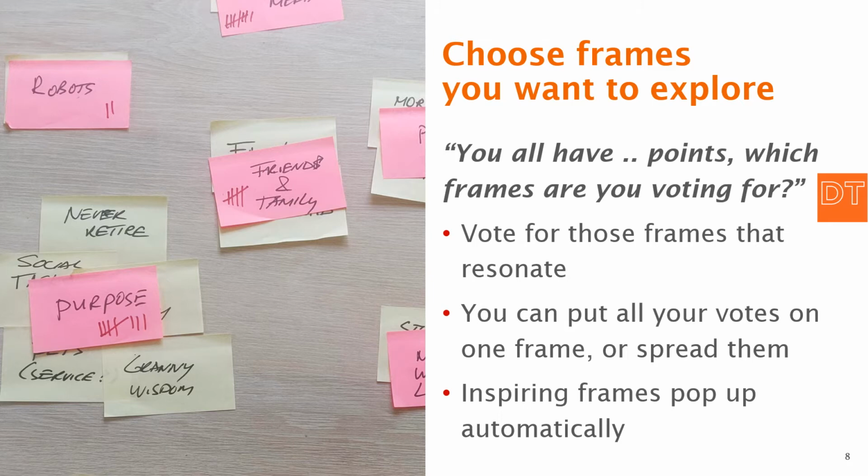There are many ways to do this voting. You can try to argue your way out, or you can discuss it, but I had some really good experience with good old voting. Just give everyone, let's say, 5 votes and let them vote. If they put it all on one frame because they think it's very inspiring, then that frame will become chosen probably, or when 2 people do it like that. But you can also decide to spread your votes across multiple frames. Point is, those frames that resonate, that seem most interesting, that are inspiring, they will pop up automatically, just like that, because everyone is voting.